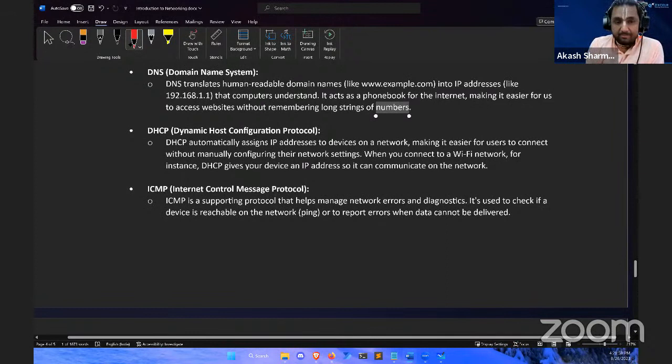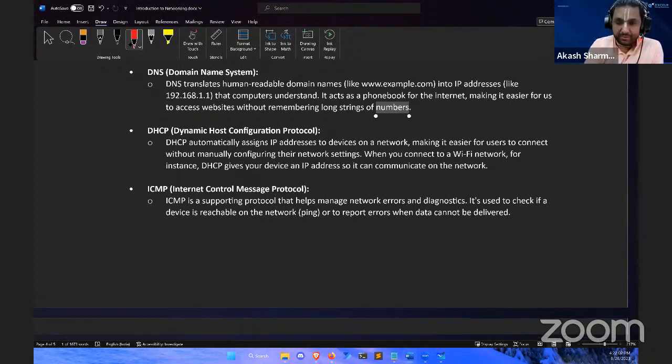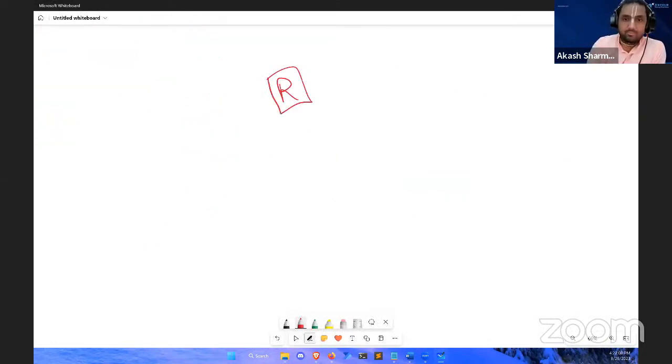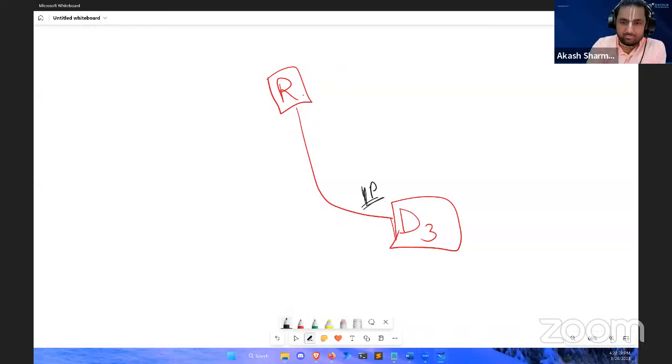Then comes DHCP. Now it is a very interesting one, so pay attention. When you connect to your router, your device, let's call it D3, one of the devices, the router gives it an IP address. But how does the router know which IP address should be given? If there is also D5, D6, D8, right? How does the router actually know? Does the router have a brain of its own? No, it actually does not. It has something called